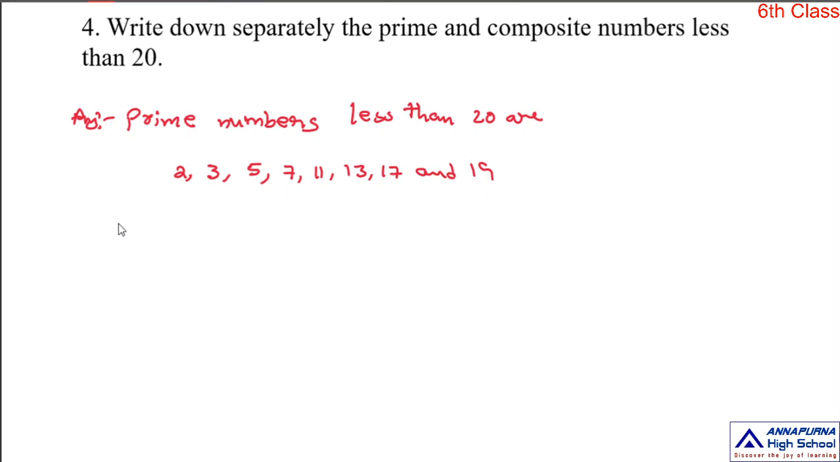Next we write composite numbers less than 20. What is a composite number? Composite numbers are those numbers which have more than 2 factors. Such kind of numbers are composite numbers. The composite numbers less than 20 are